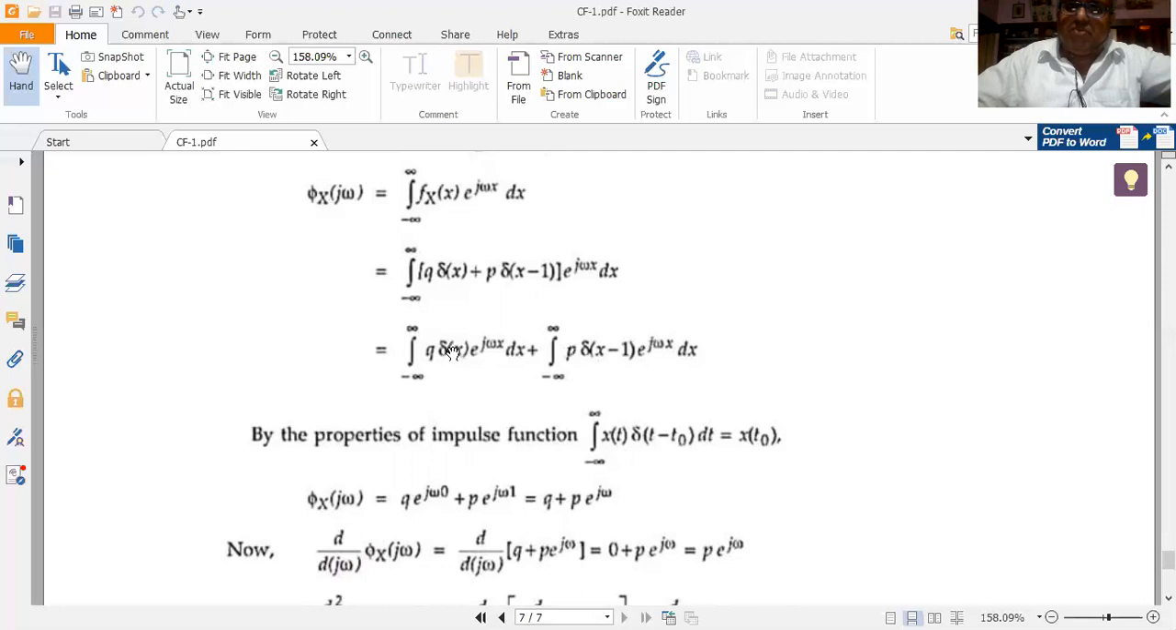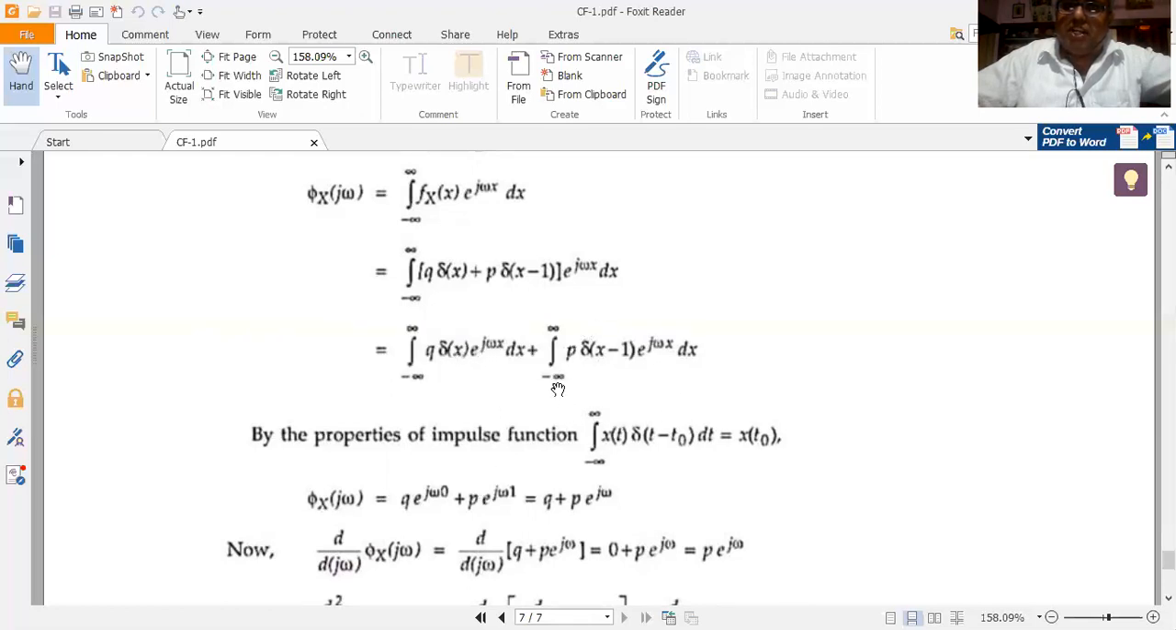So this delta of x can be written as delta of x minus 0. This can be treated as the integral of q delta of x e to the power of j omega x dx. q is a constant, so I can pull it outside. This can be written as q times the integral from minus infinity to plus infinity of delta of x e to the power of j omega x dx. Now how to evaluate this? Delta of x can be written as delta of x minus 0, so t_0 can be taken as 0. So this becomes q e to the power of j omega x evaluated at x equal to 0, plus